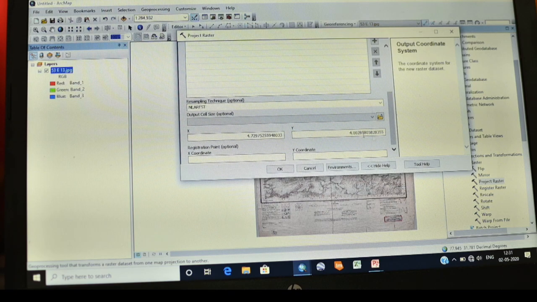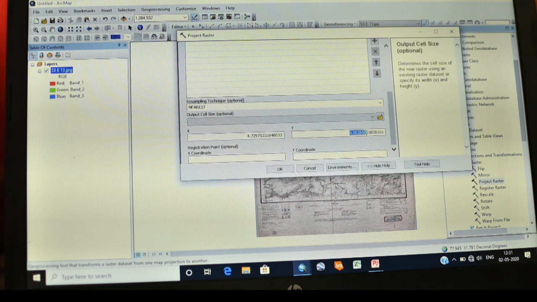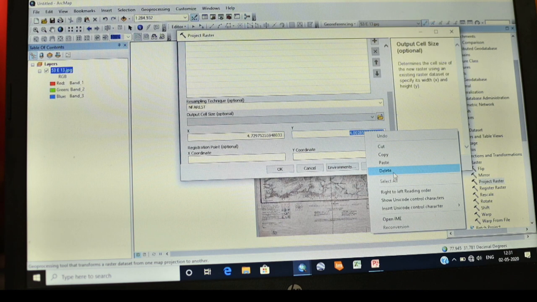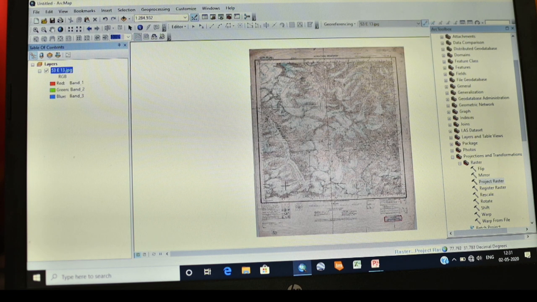Here you will see that the output cell size, you can make it uniform. Click this, copy and paste here in order to make your output pixels or cell size uniform, and click on OK. You will see at the bottom, project raster process is taking place.